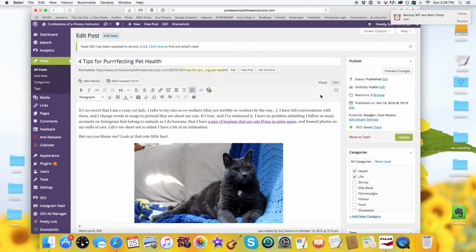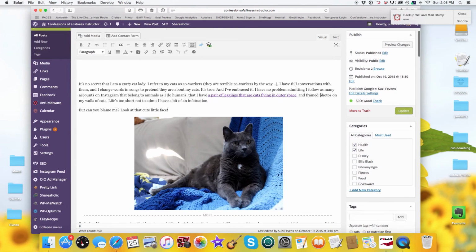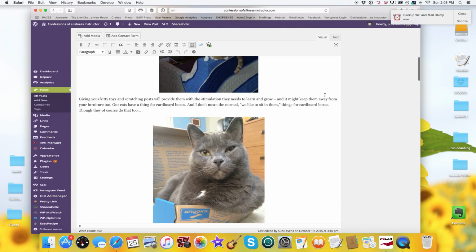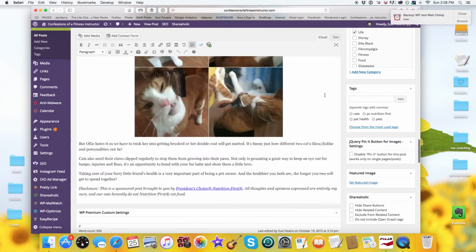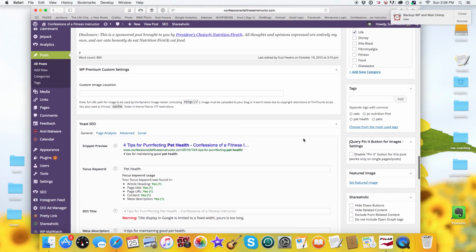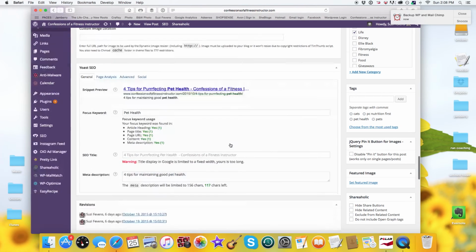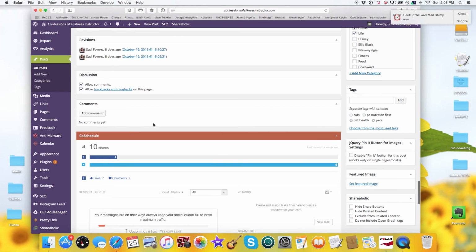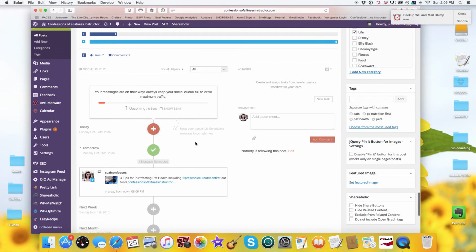So here I am in my post. This is one that I've already written, but we'll pretend that it's a brand new one, or one that's already been published, rather. So we're going to pretend that it hasn't been. It's going to glitch a couple times there. And then we come down, and you can see my SEO. And then below it, it comes to my CoSchedule screen, and it shows you all the shares and everything that